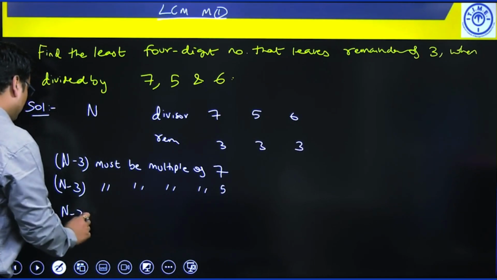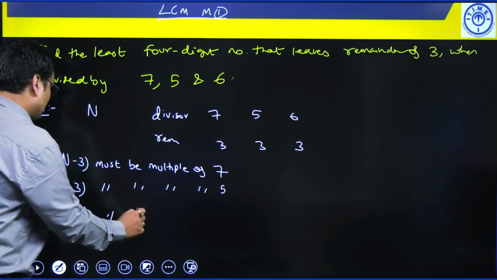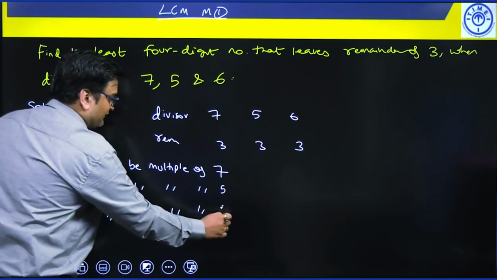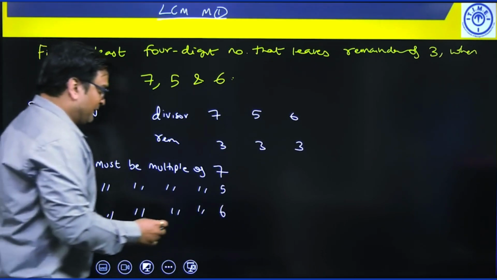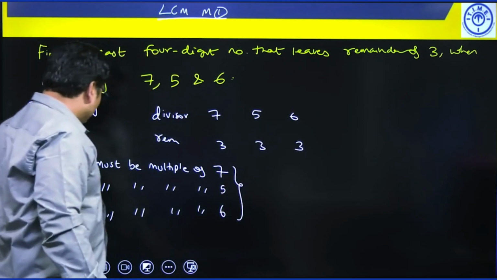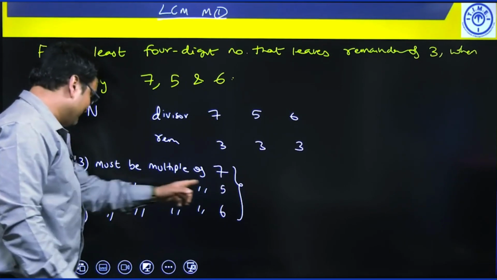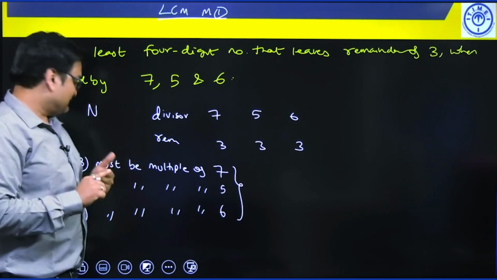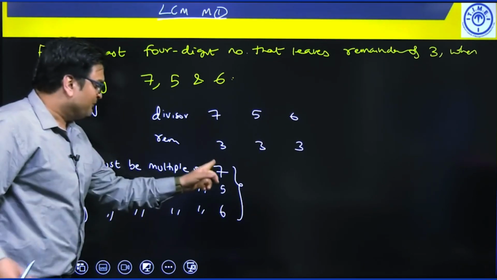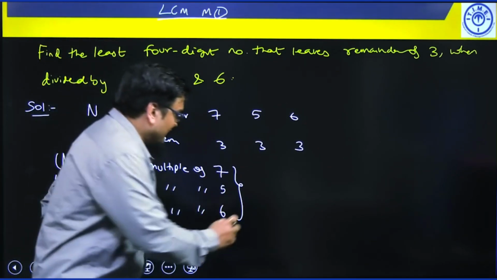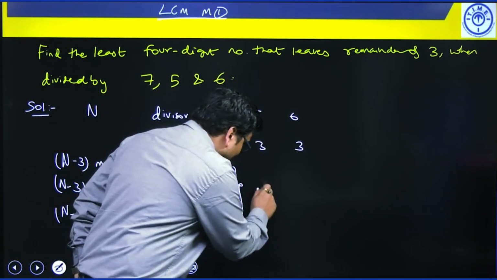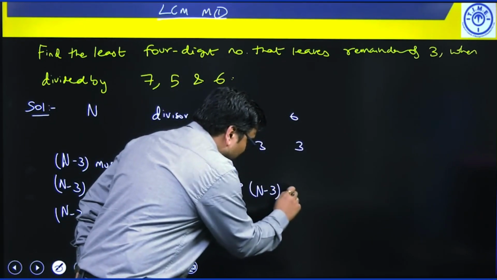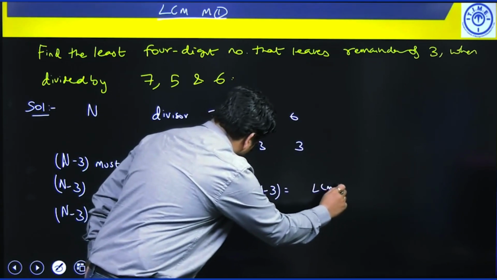Similarly, n minus 3 must be a multiple of 6 also. So, combining that, since n minus 3 is a multiple of 7, 5 and 6, can I say n minus 3 should be a common multiple of these 3? How do we write the common multiple? So, n minus 3 will be equal to their LCM